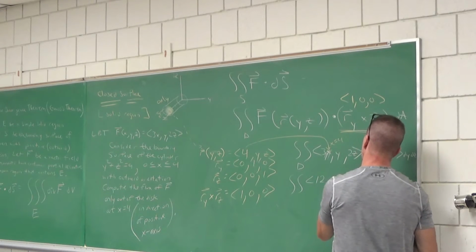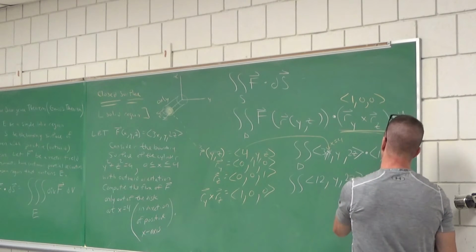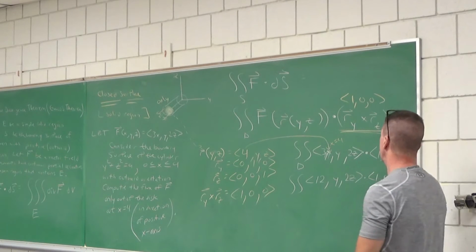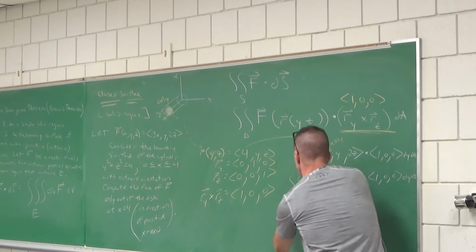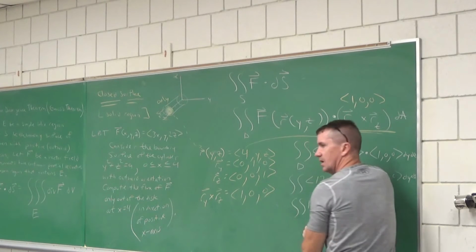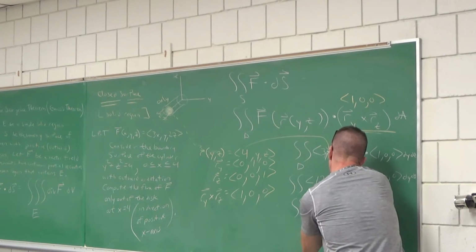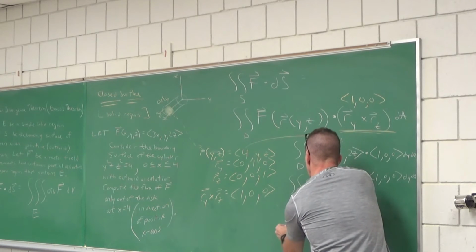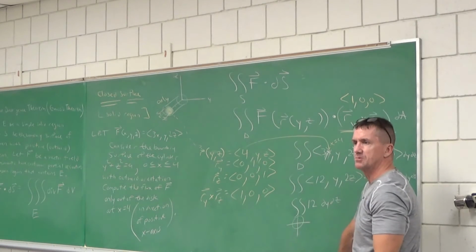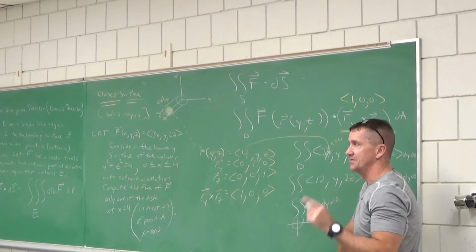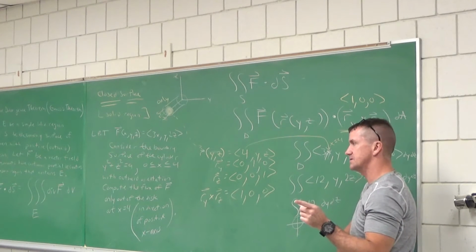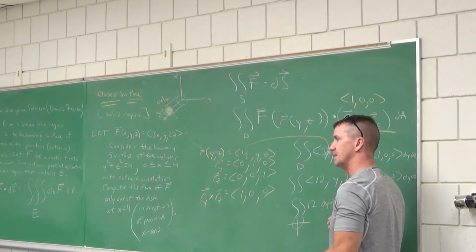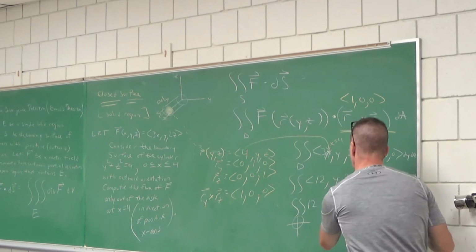12y 2z dot 1, 0, 0 dy dz. What's the dot product? 12 dy dz. So I'm going to have to set up some kind of disk. You want to go polar on this? There's a faster way. I could do polar coordinates, because it's that disk, the projection onto the YZ plane. But if I take that 12 out of there, I just have what?